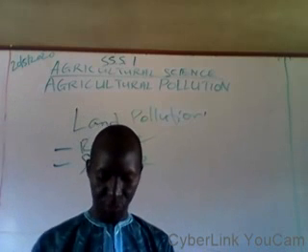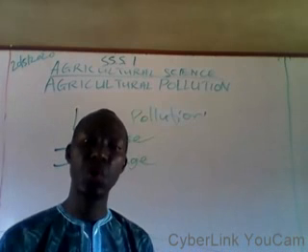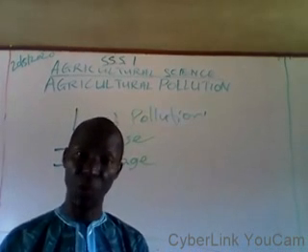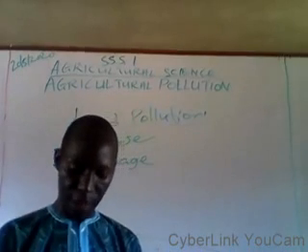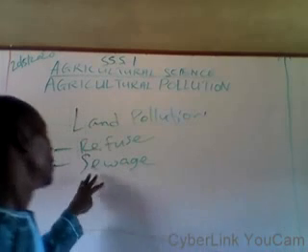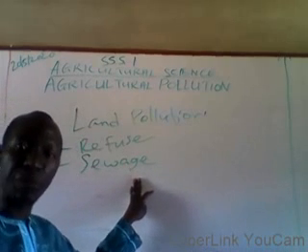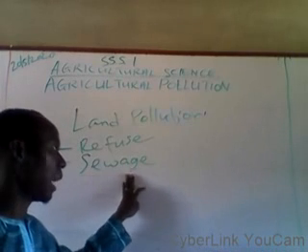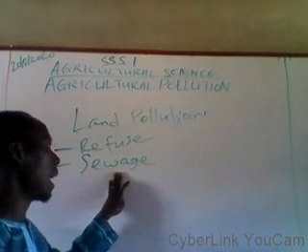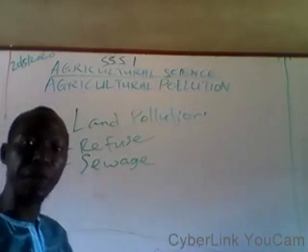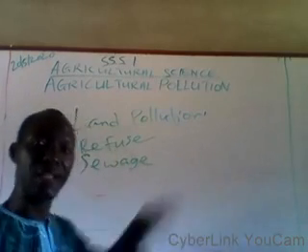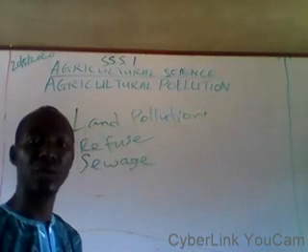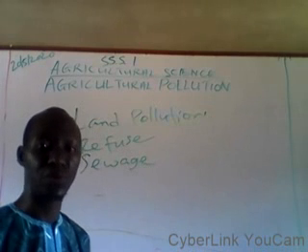Control measures. One, construction of toilets on the farm site, as well as sewage treatment before disposal. When a container of sewage has been filled up, you have to treat it and dispose of it. But some people only dispose of it without treating it with chemicals.